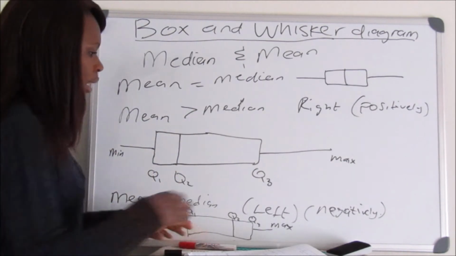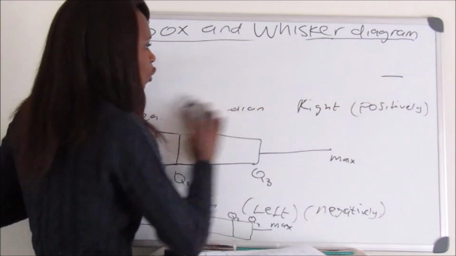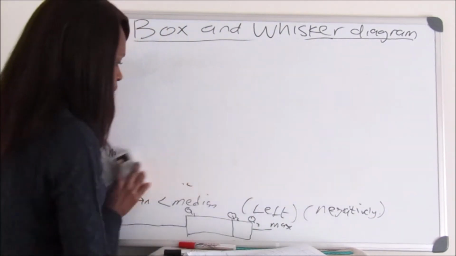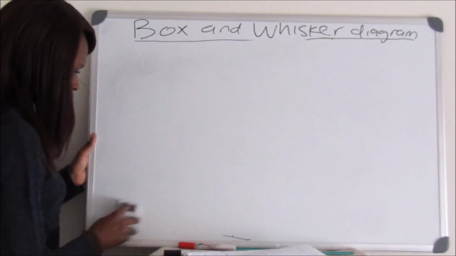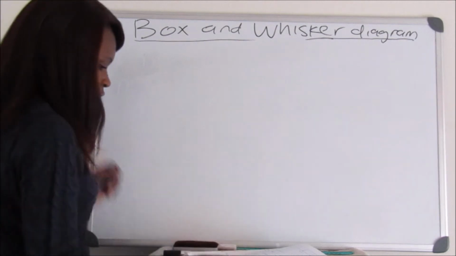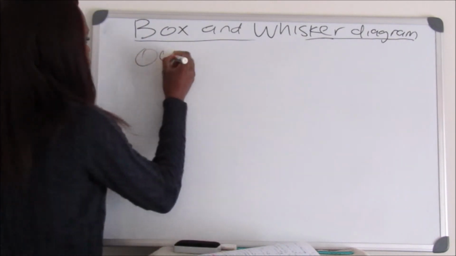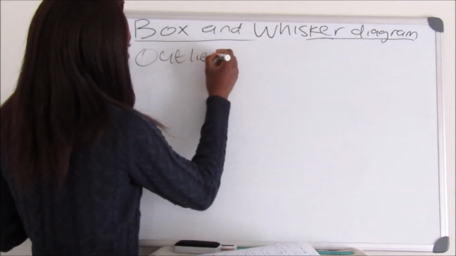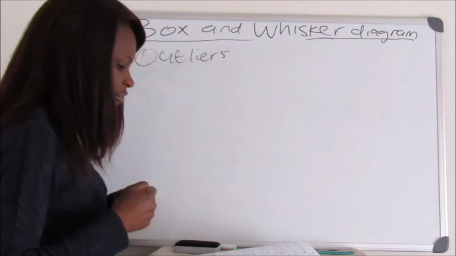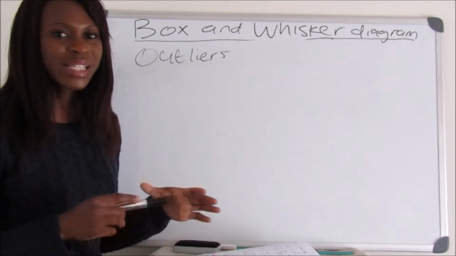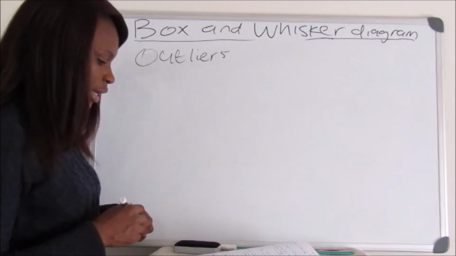All right, let me show you another way of analyzing, of which you might be asked. Okay, about outliers. Outliers in a data set are values which lie much larger or smaller than the rest of the values